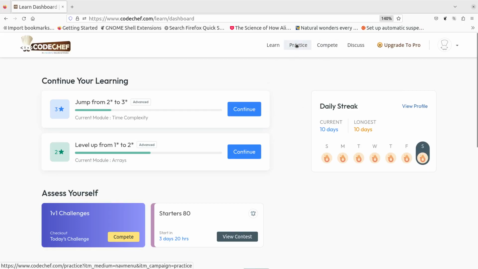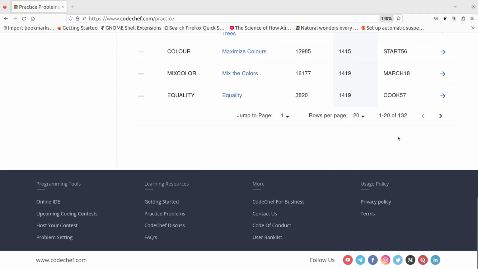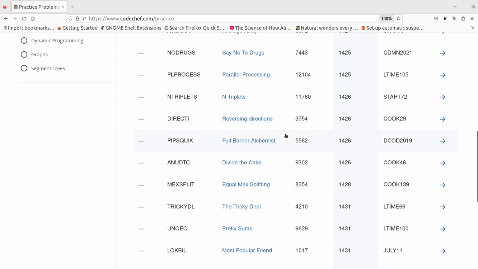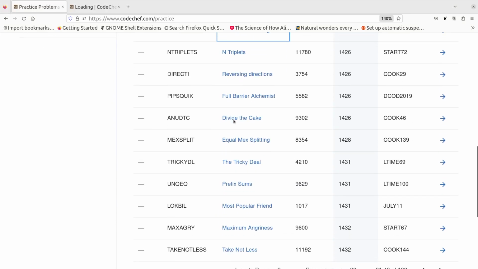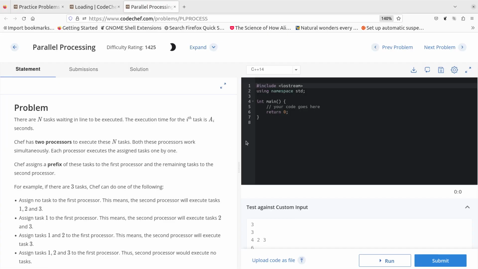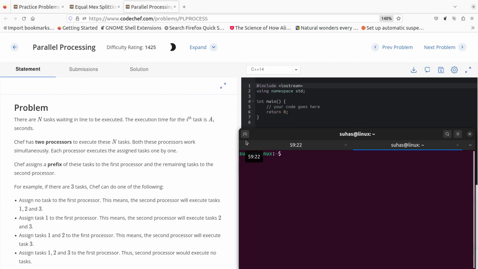In this we were practicing, and I guess it's on page 2, right? Page 2, yeah, parallel processing, and I guess one more is equal mix splitting. Yeah, here it is. So let's go to the CB directory, and now